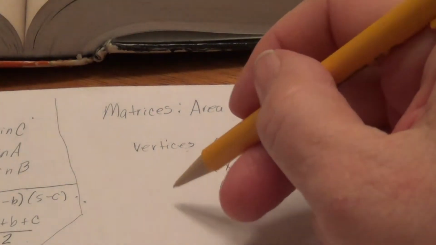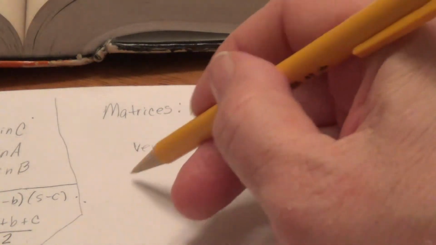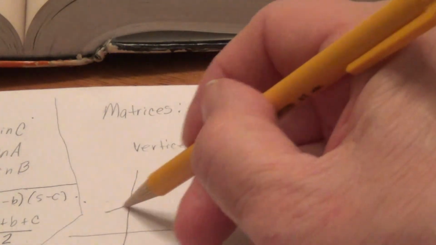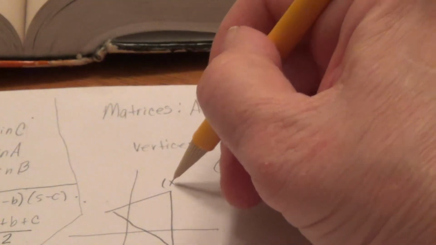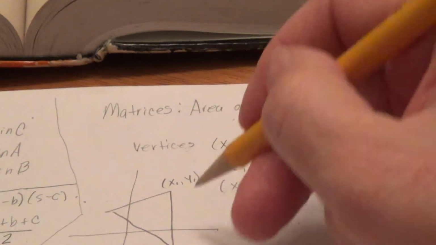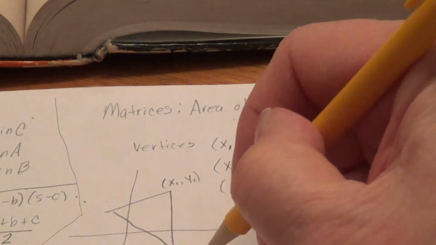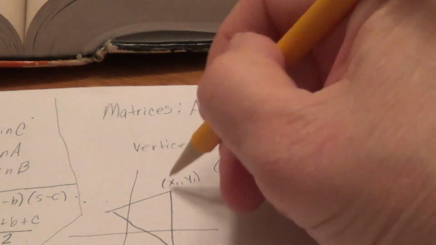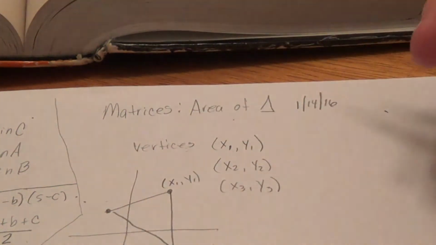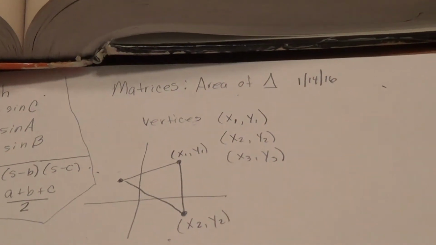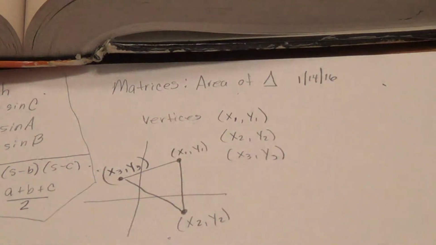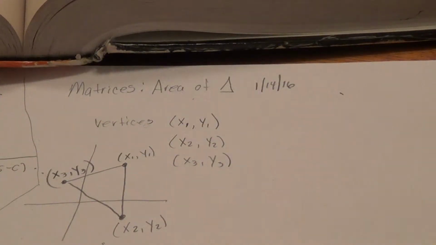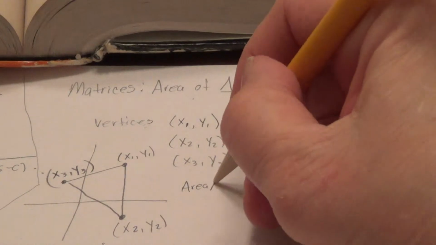Let's say that I have a triangle here, and it's on a coordinate plane, and just say it looks like that. So this could be vertex x1, y1. This could be vertex x2, y2. So we would actually know that point, and this point. And that would be x3, y3. So if we know those three, we can put those together with matrices, and the area of a triangle is